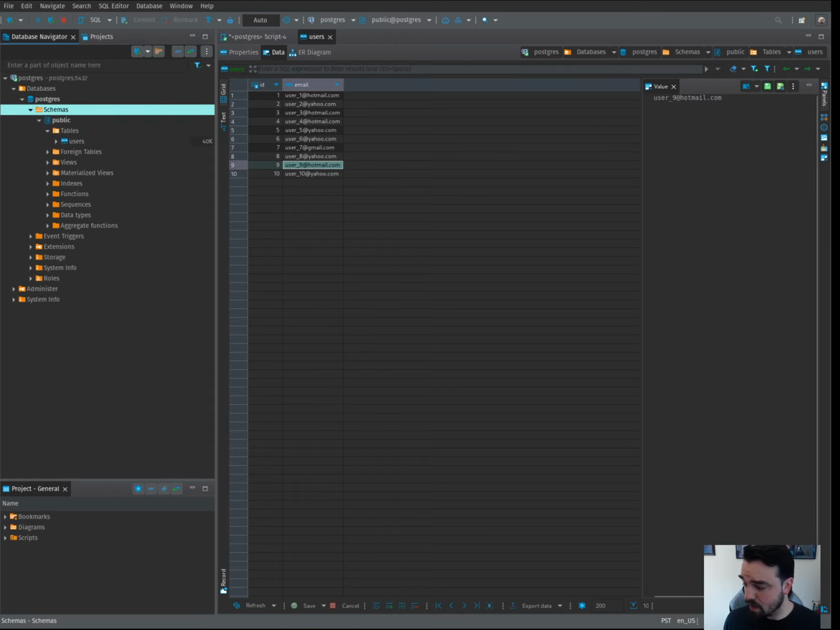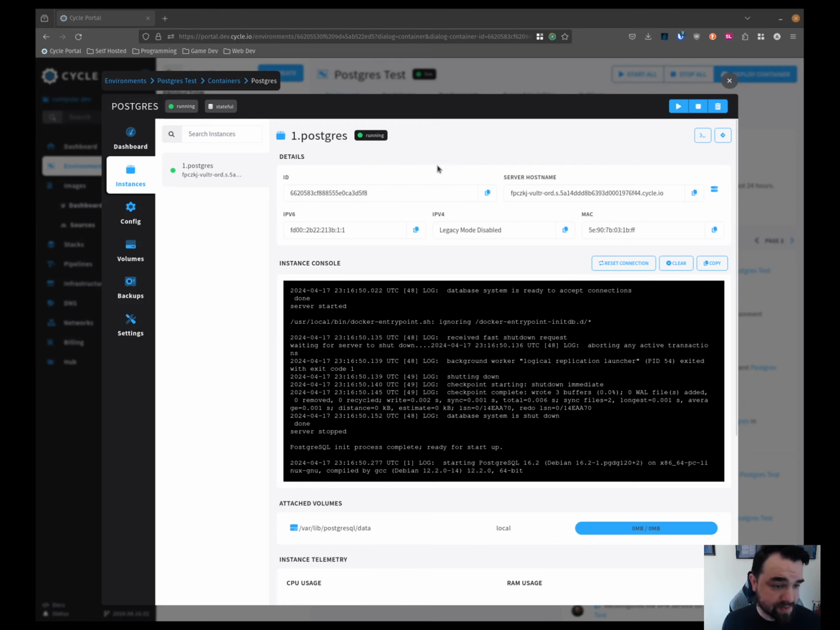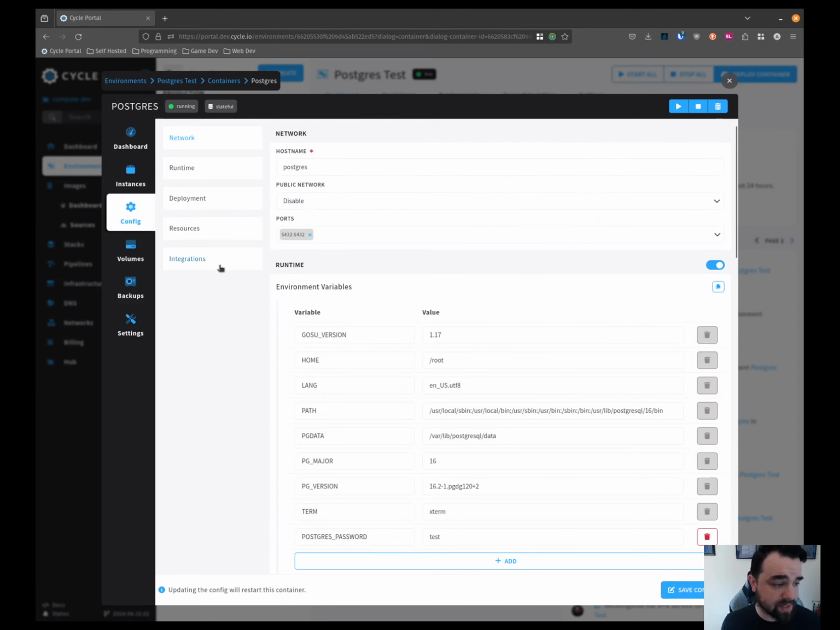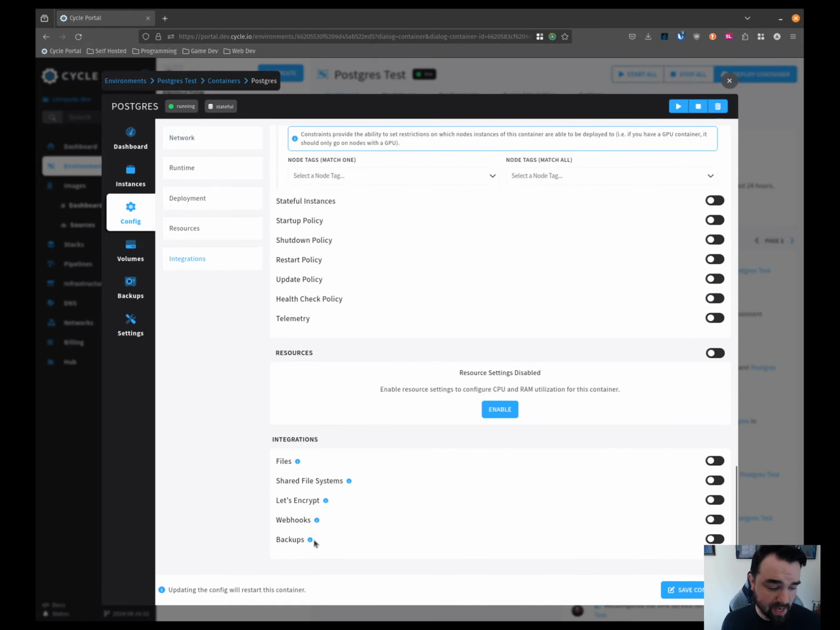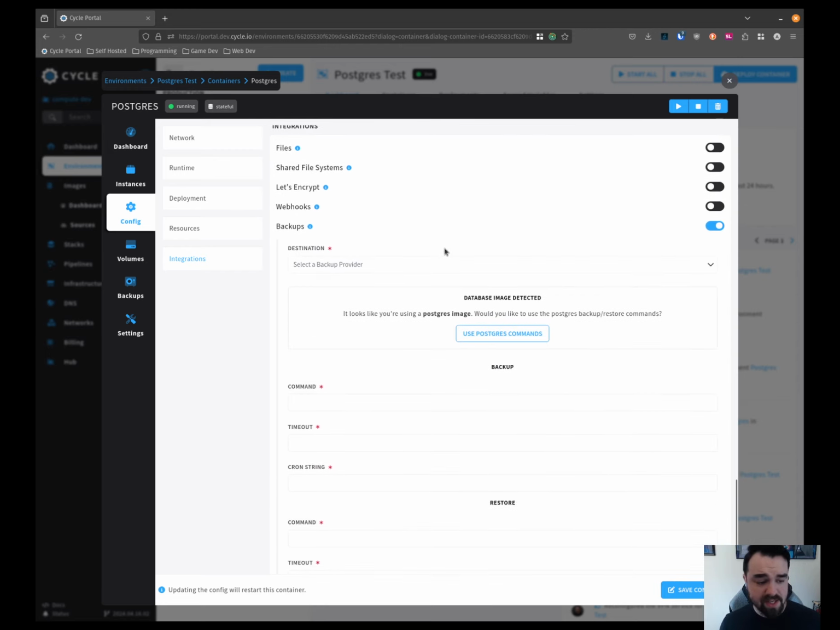Awesome. So the next thing we need to do is actually set up our backups. And in order to do that on Cycle, it's super easy. Go into Config, Integrations, and you can see here we have backups available. I'll click backups. Now, I'm going to take a moment to talk a little bit about Cycle's approach to backups